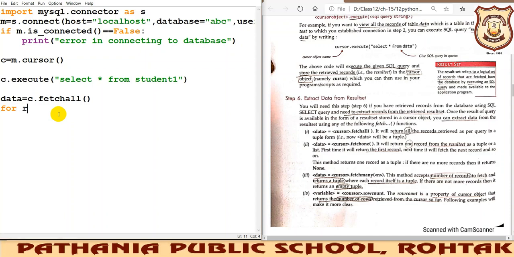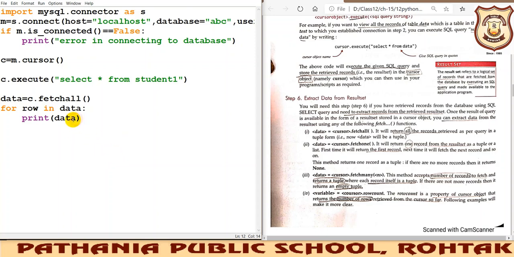For row in data. Row is a variable, either you can use i, any variable you can use, there is no issue in that. Why I'm writing data: because I'll be fetching out the records that this data variable is giving. Here we'll be writing print row.